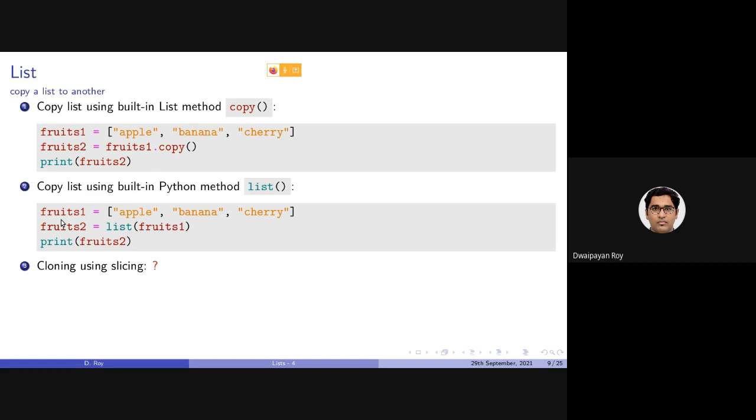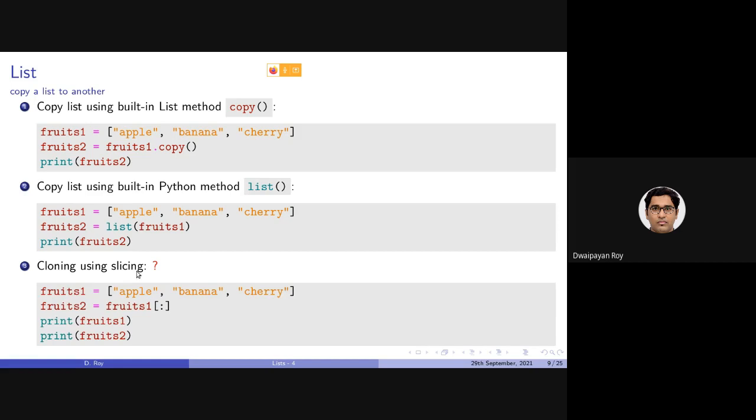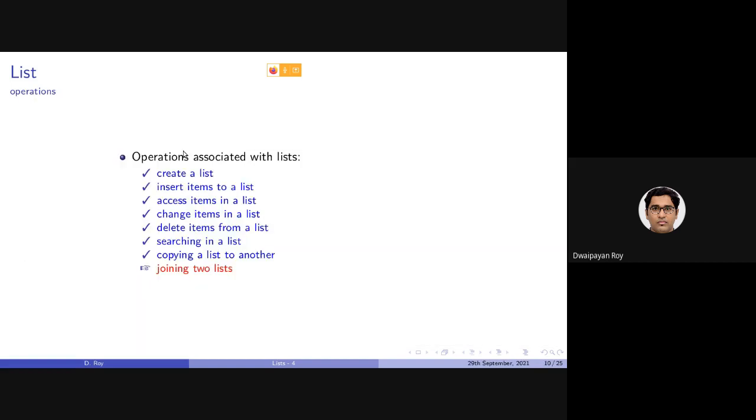This is also possible using the slicing operator. So instead of writing fruits2 equals fruits1, we'll write fruits2 equals fruits1, then square brackets with an empty slicing operator. This will also be copying, and will work in the same way. This is the correct way of copying one list into another.